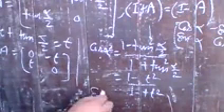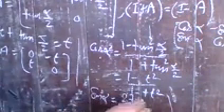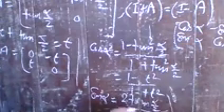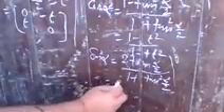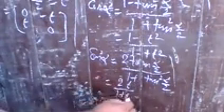In the same way, the value of sin alpha can be written as 2 tan alpha by 2 upon 1 plus tan square alpha by 2. So sin alpha is equal to 2t upon 1 plus t square. So here you see that all the values of cos alpha and sin alpha are expressed in the form of t.